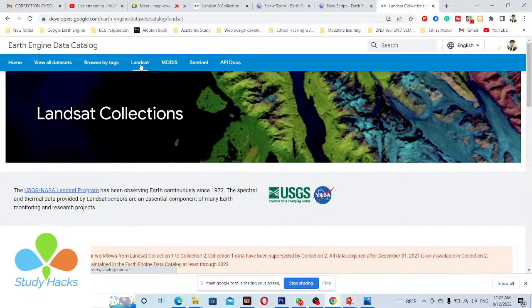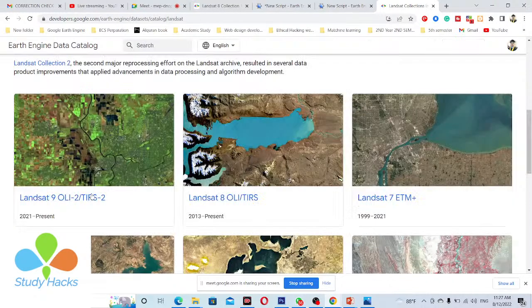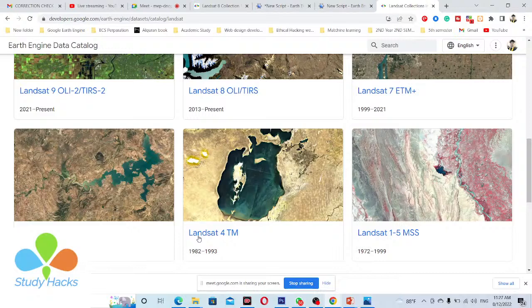and here I can get a lot of collections about Landsat. You can see Landsat 9, Landsat 8, Landsat 7, Landsat 5, Landsat 4, Landsat 1. Yes. So the image collection filtering process is the same for all of them. This time I show you Landsat 8, but you can also try Landsat 9 or Landsat 7 for filtering for your own region and get the satellite image.